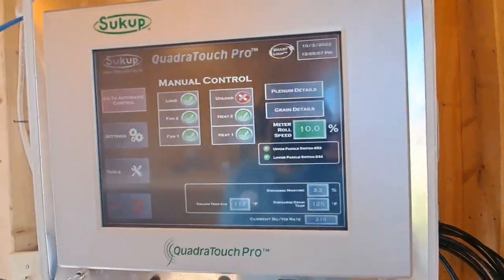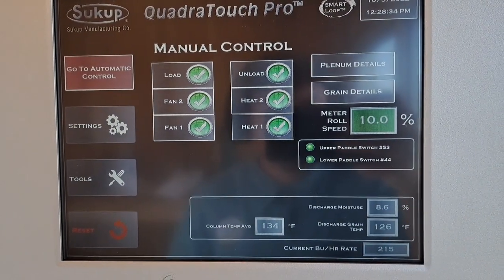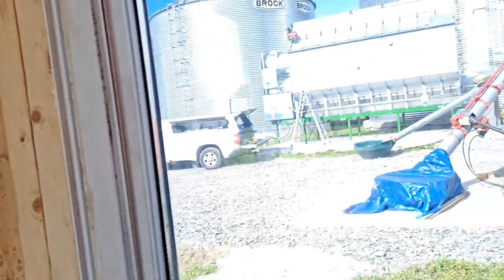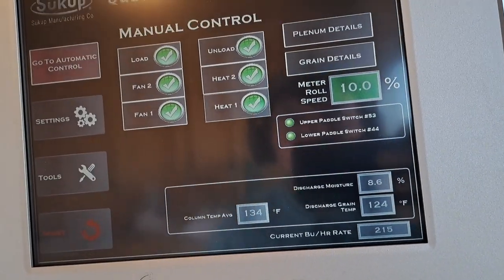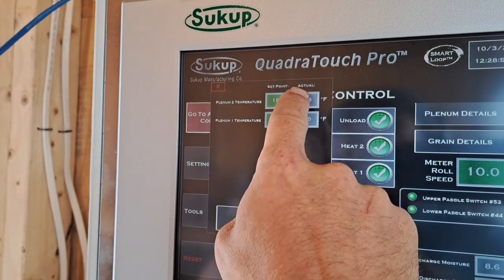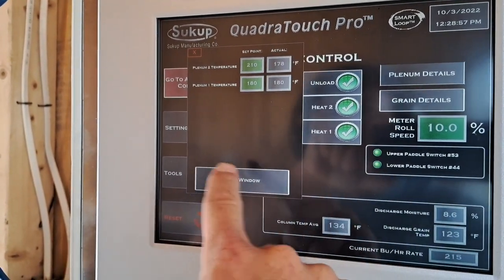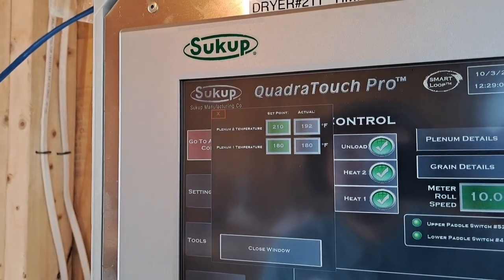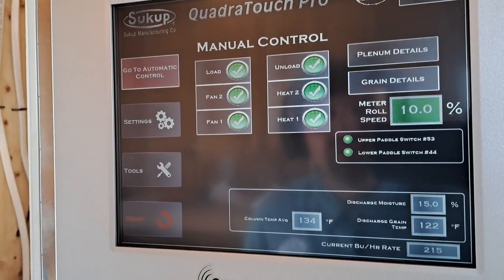Until then, see ya. Okay, so we just started the unload at 10% unload speed. The chart shows 28% corn. We should be running the unload with I think around 17%. Actually, now that we started the unload, we're going to take this top plenum 2 and bump that up to 210 because we got some pretty wet corn. So we're going to bump that top plenum temp up because it's time to dry corn. And we're going to run that unload speed at 10% here for...